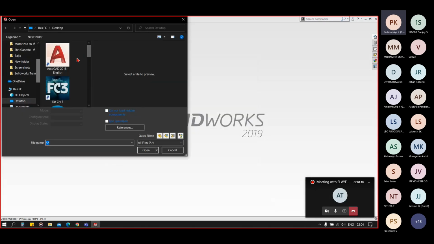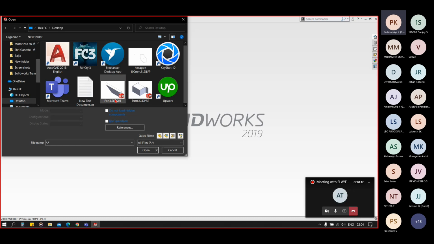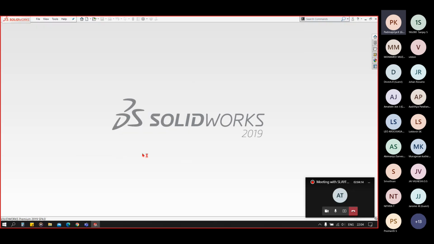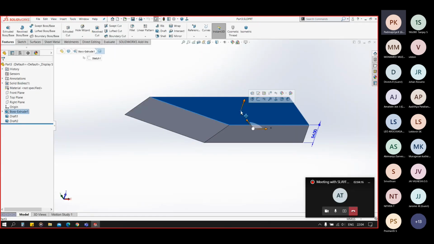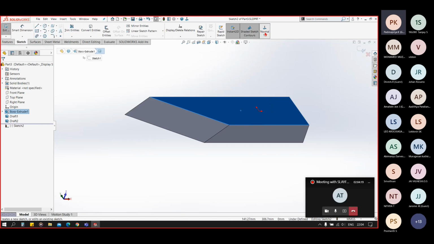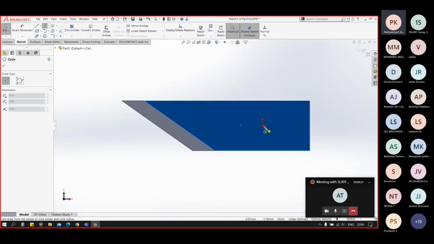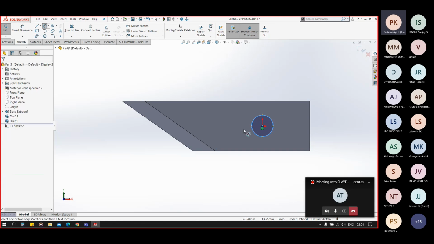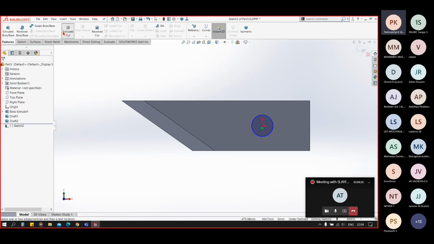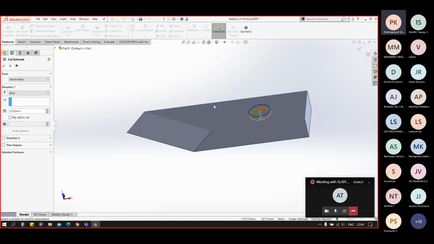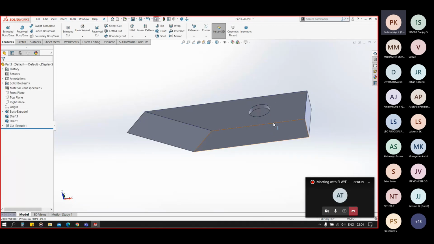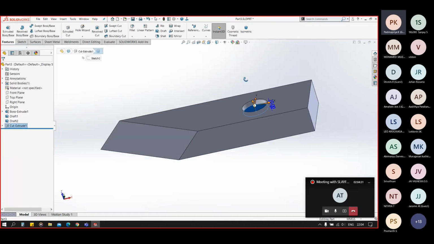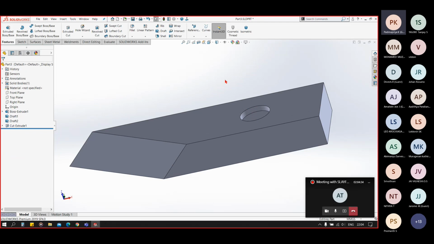I'm opening the part again. I will create a hole on that. Not a through hole, it is only 10 mm in depth.